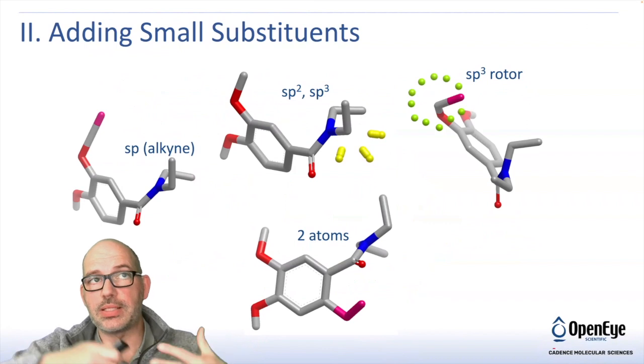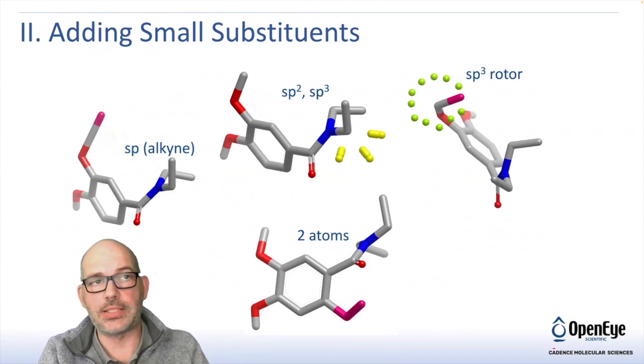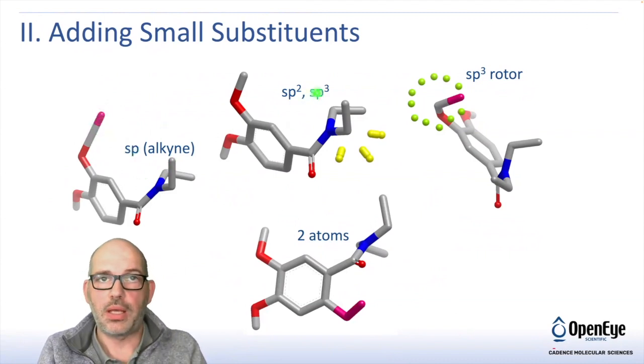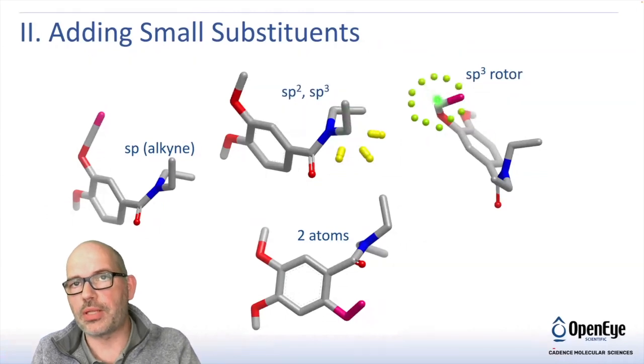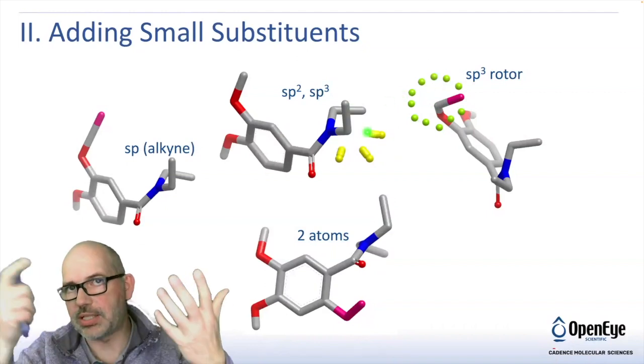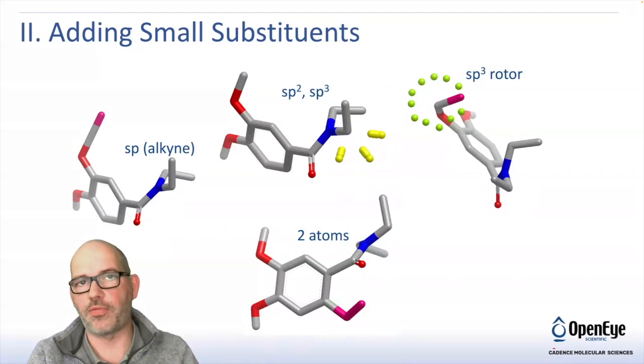Now let's take a look at these additions, these small substituents that we add onto. On every atom around the molecule, we're adding an atom in sp fashion, so just straight out. In sp2 and sp3 hybridization, so it's a few points around each of those where an additional ligand, an additional atom substituent could go towards. And if it's an sp3 rotor at the end, we will also rotate this thing around. And we do this for 1 atom additions, so chemically intelligent, trying to design with chemistry in mind, and 2 atom additions,